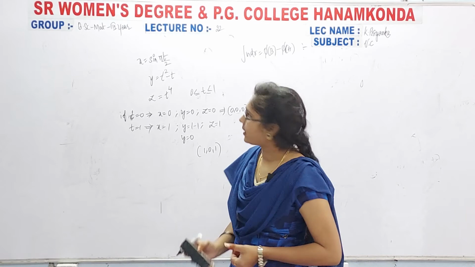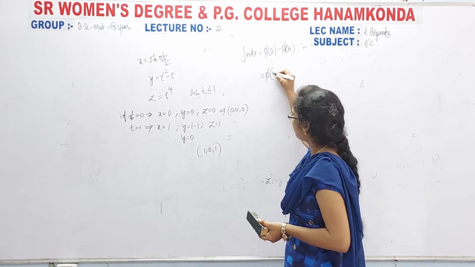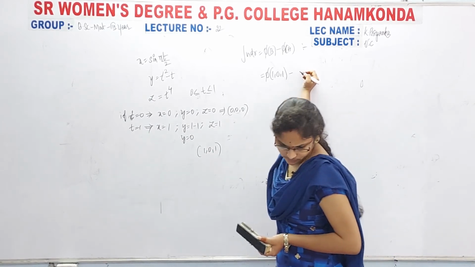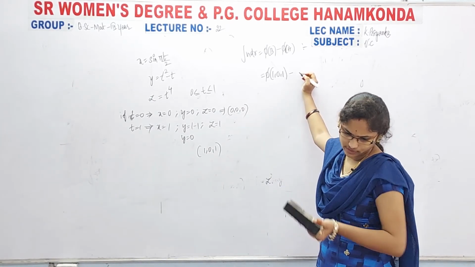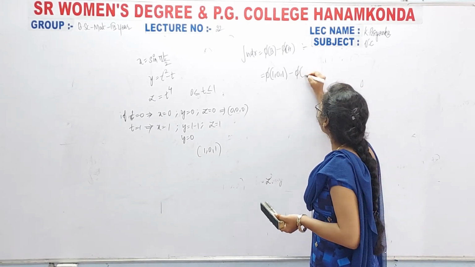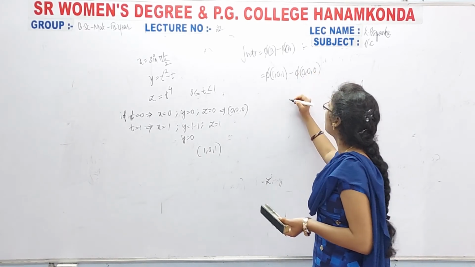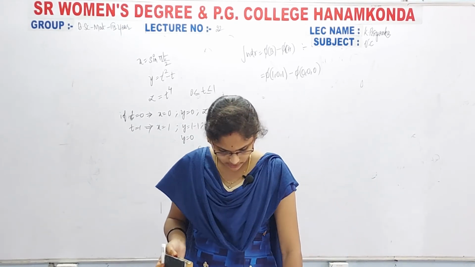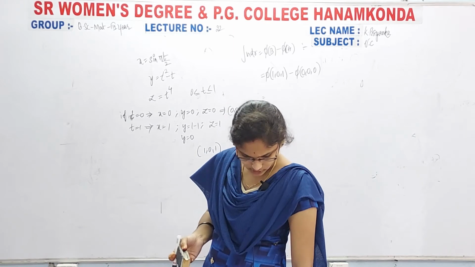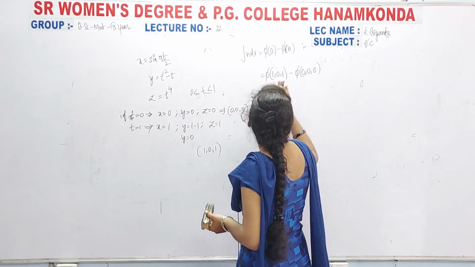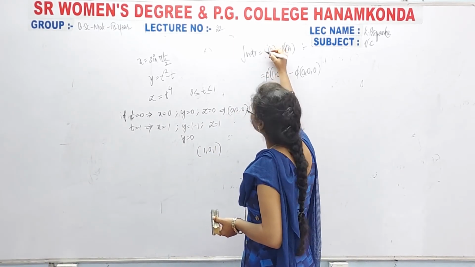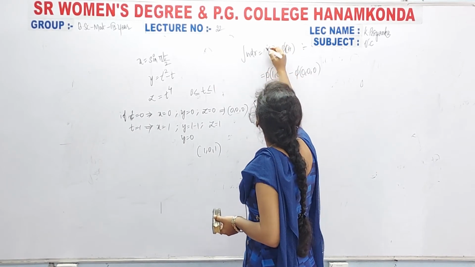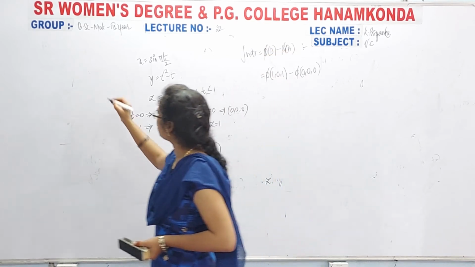So phi of (1, 0, 1) minus, what did they give, u or phi? If they give u, then simply write u. So phi of (0, 0, 0). Now here we have to substitute these values in the given u. Then you will get the value. What is the given u? Actually they gave u, no? Already we took the phi value also. What is the phi? Just now we calculated.